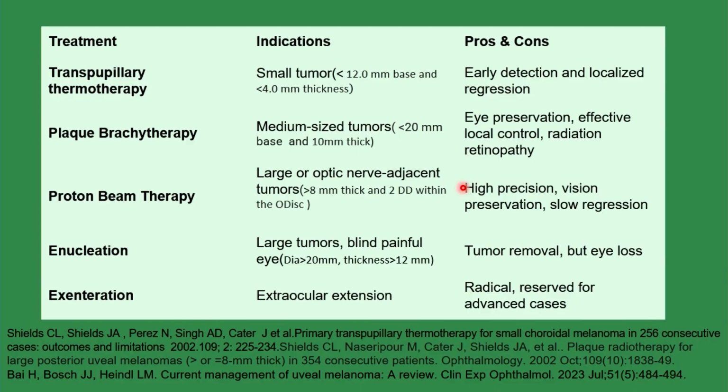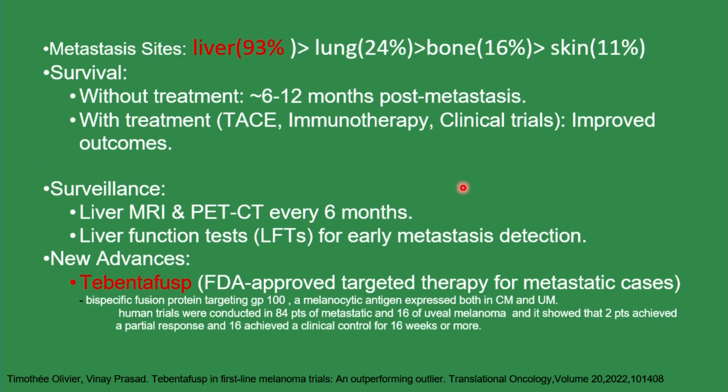Enucleation is done for large tumors that also have a painful blind eye. Exenteration is for extraocular extension. The most common site of metastasis in melanoma is the liver, 93% of the time, followed by lung and bones. Without treatment, these patients have around 6 to 12 months of survival post-metastasis, whereas with